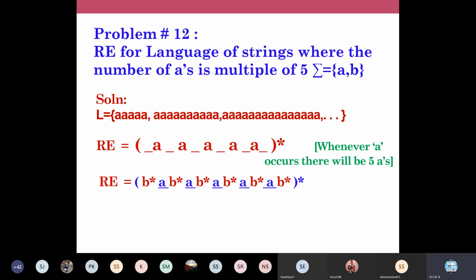Anybody can try. Even if it is wrong, no problem. You just try to write. You need not write the language and all. Write the final regular expression alone. I have given the language here. So 5 A's, and I have not mentioned anything about B's in the language. You write any number of B's anywhere in your language. But ensure there are 5 A's or 10 A's or 15 A's, 20 A's like that. The number of A's must be a multiple of 5. You can have any number of B's anywhere in between.